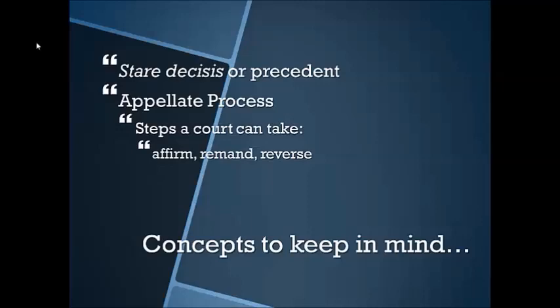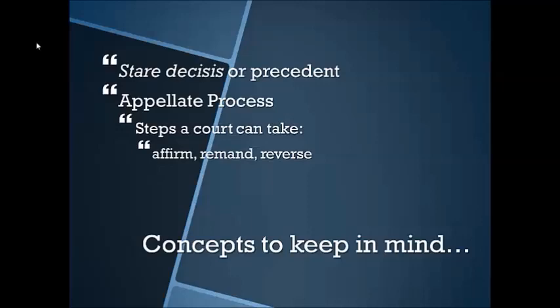When a court affirms a decision, that means that they're saying, we agree with the decision that the lower court made, and sometimes they give us a reason why, sometimes they don't. A lot of court opinions are called a per curiam affirmance. A per curiam affirmance means that the court says we agree with the lower court and we're not going to give a reason why. So you will see literally the whole opinion just says per curiam affirmance.